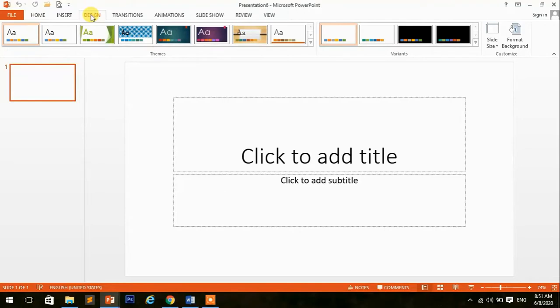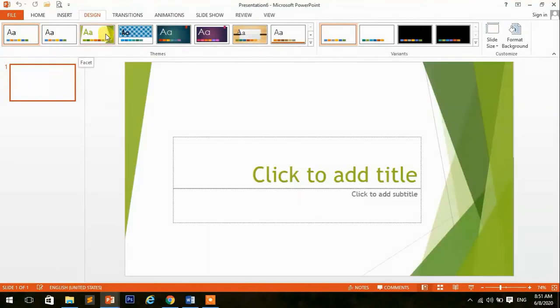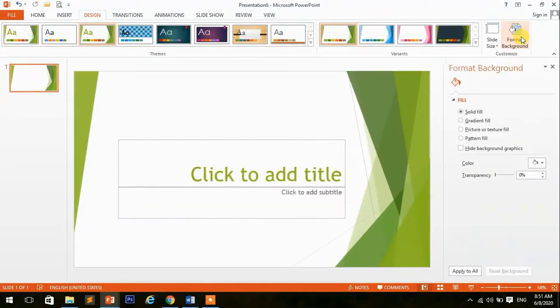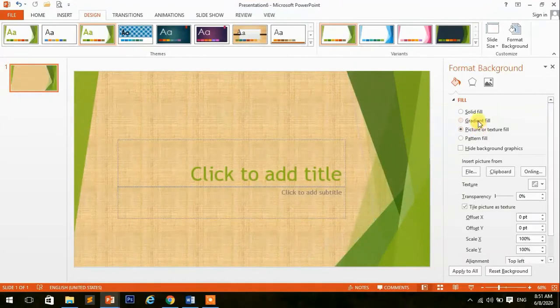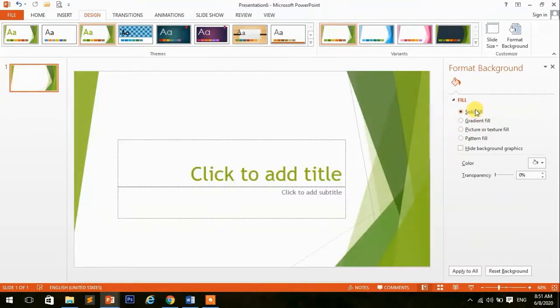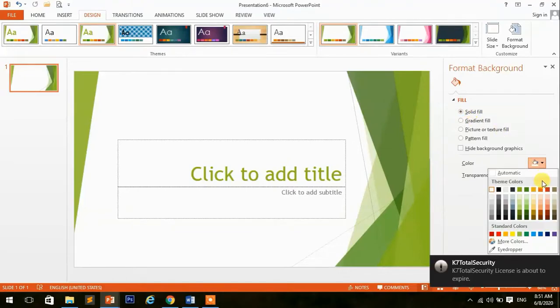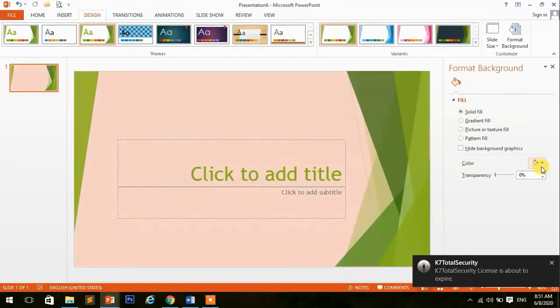Now go to the design and select the design you want. If you want to set the background, click on format background color, then select the type of fill, then apply to selected or apply to all.